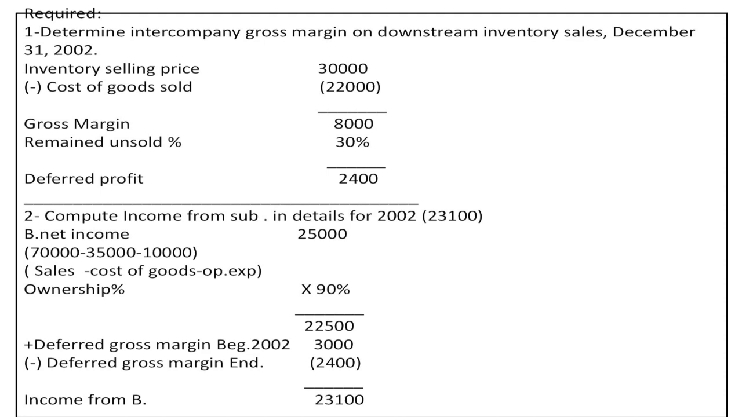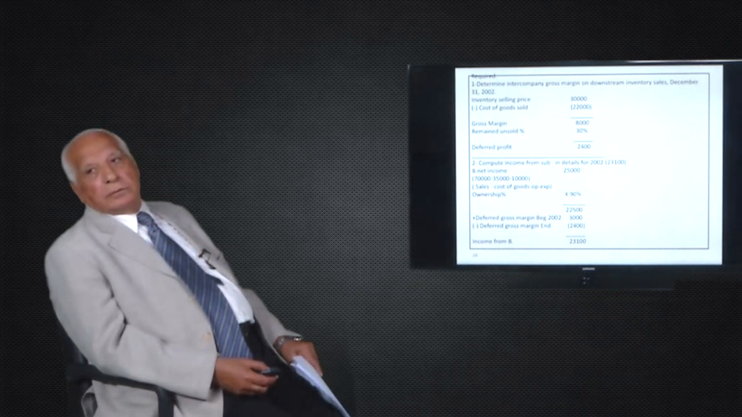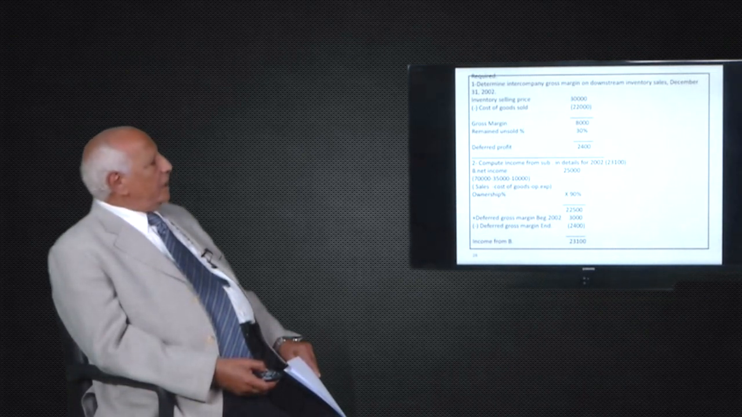First one, determine intercompany gross margin on downstream inventory sales, December 31st, 2002. Remember again, inventory selling price was 30,000 minus cost of goods sold 22,000, gives you 8,000 gross profit or gross margin. Remained unsold 30% multiplied by 8,000 gives you 2,400. That's a deferred profit. Okay. After this,